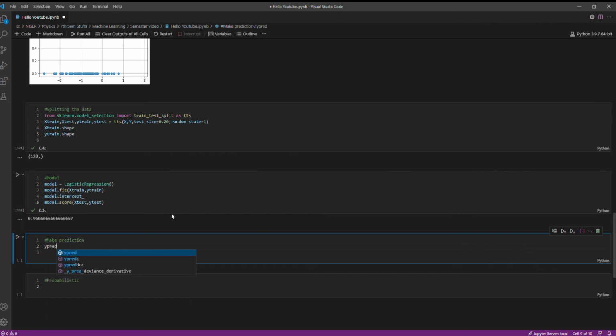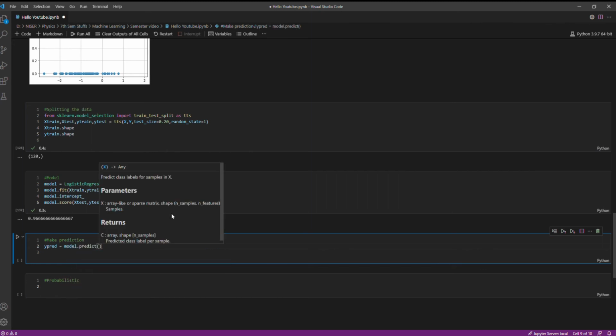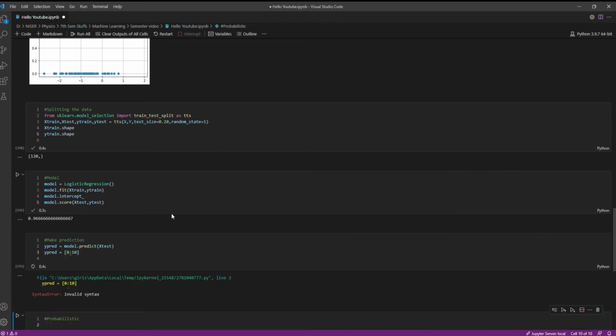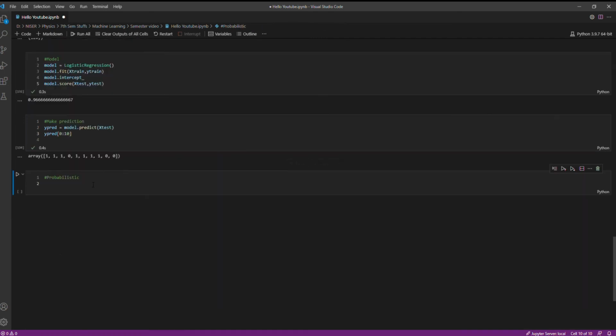Let's say it is ypred is equal to model dot predict. What should we predict on? So we should predict on x test only. And let me see ypred. Oh, sorry. Yeah, the ypred, the model predicted, the first 10 values are this.